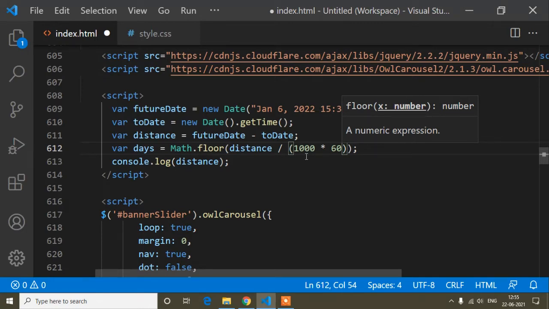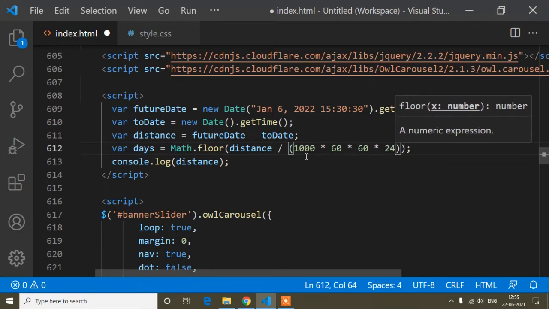So I will divide into 60 minutes into 60 seconds, and it's 24 hours. So that's why 24, one day is 24 hours. If I complete 24 hours, that means one day is complete. So that's why 24 hours.